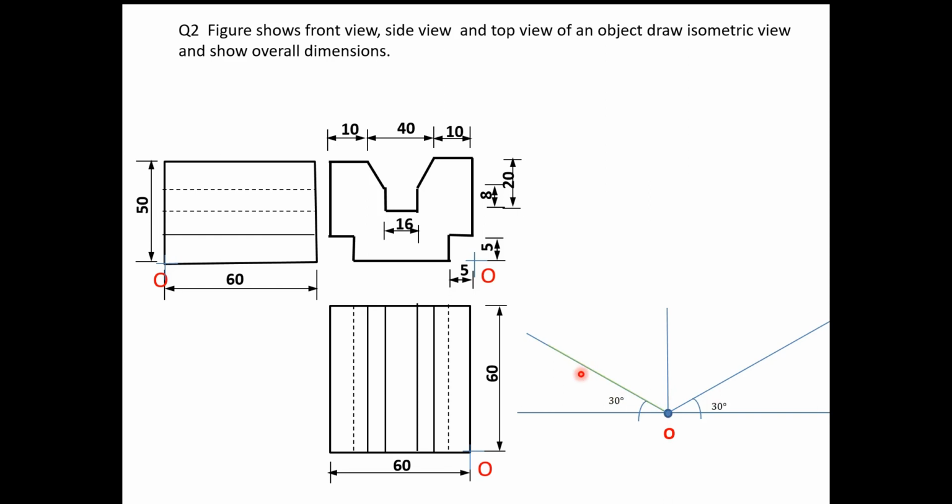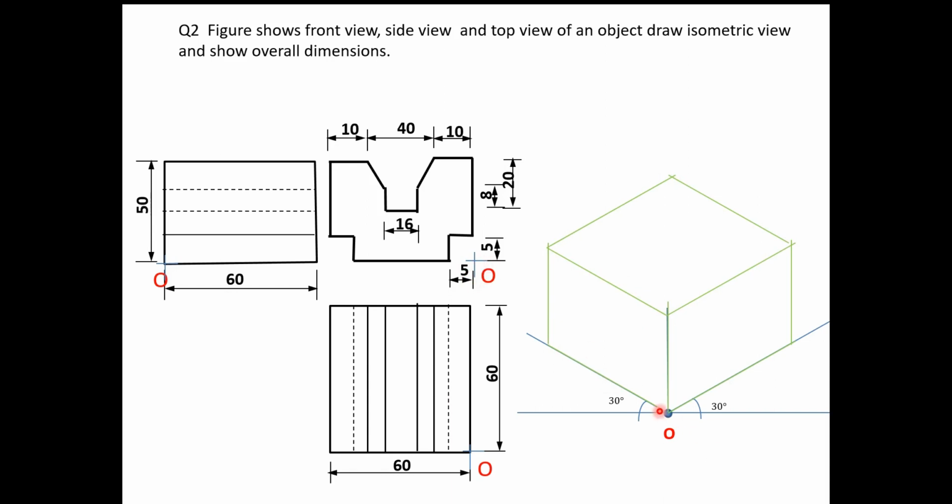Now here, first I will mark on the origin left side there is length. So this is the length, that is 60. This height is 50 and this width, this is also 60, that is visible in the side view. Now I will complete this box. This is 60 by 50 by 60. Again this is 60 by 50 by 60 isometric plane, and this is 60 by 60 by 60. So you have to draw these lines parallel to the isometric axis, with respect to the isometric axis. Next, now I will start with the front view origin.